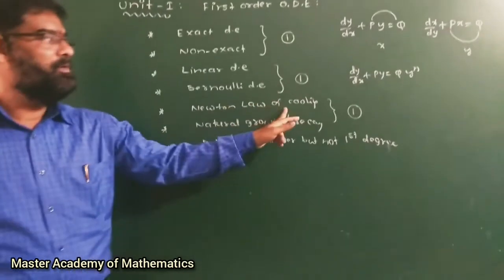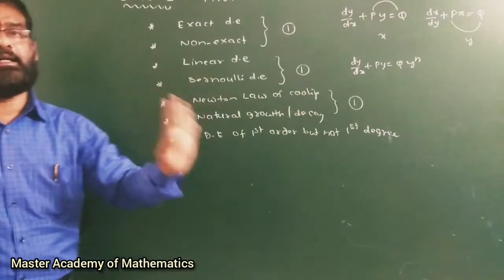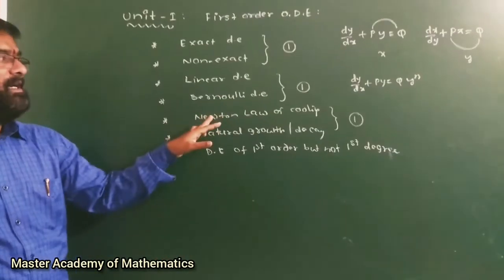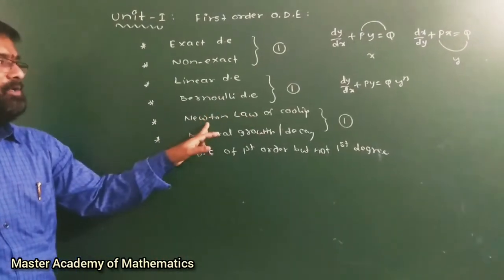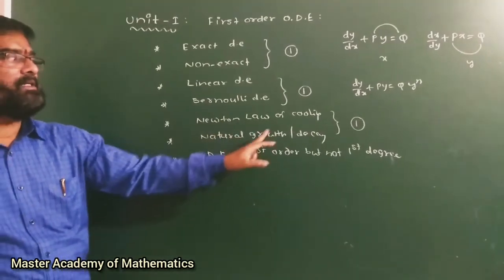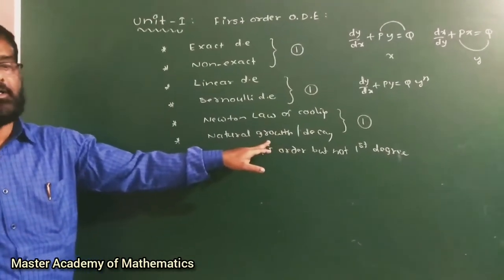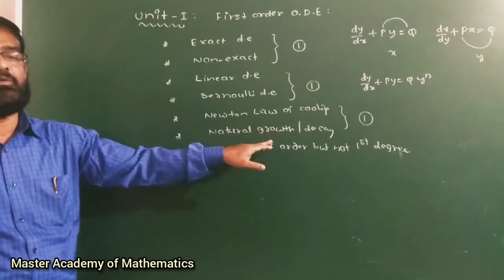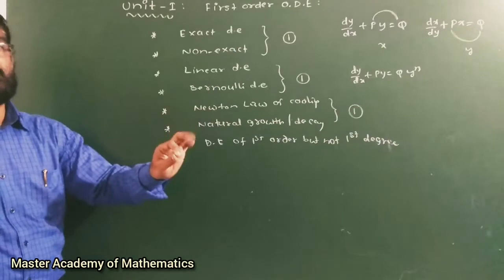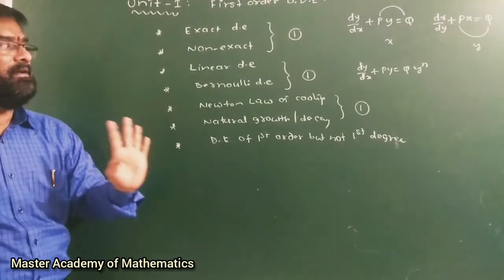Coming to Newton law of cooling and natural growth and decay, both are data related. Data related means particular statements are given and based on that, if it is related to temperature, you can apply Newton law of cooling. If it is related to bacteria or radioactive element, some increasing or decreasing case, you can use natural growth and decay. In both the cases, you need to use your calculator also. And remember, here you are using logarithm, that too only base e, that means the ln button in your calculator.